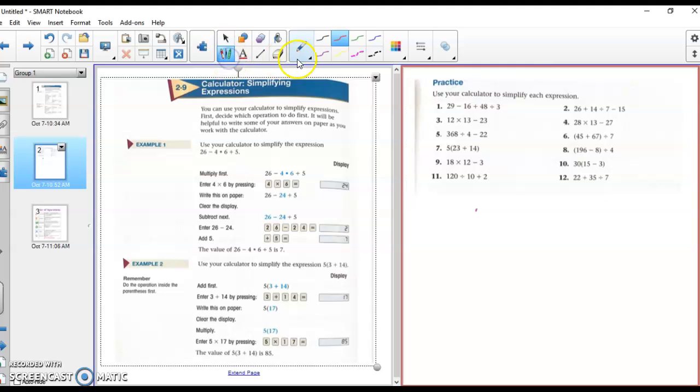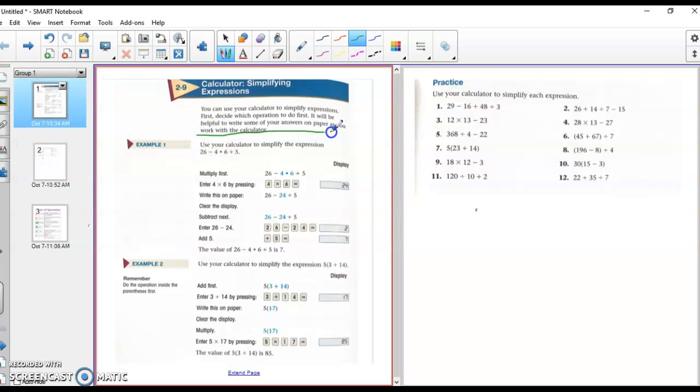Chapter 2, Section 9. Calculator, simplifying expressions. I'm not going to so much worry about this page here, other than up here it says you can use a calculator to simplify expressions. First, decide which operation to do first. It will be helpful to write some of your answers on paper. That's most important. So you're definitely going to want to utilize a lined piece of paper and a pencil to keep